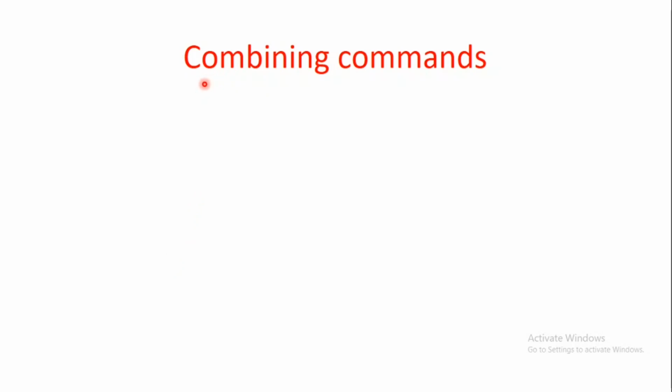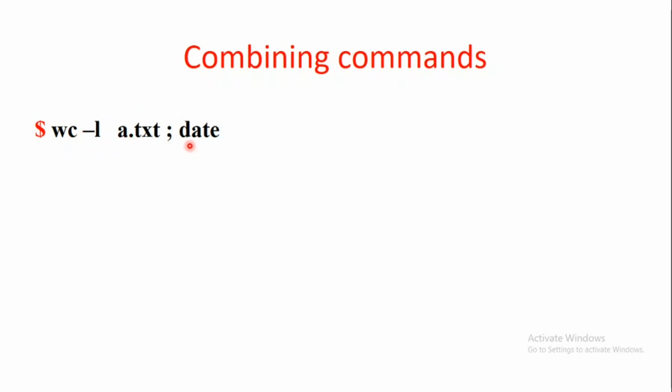Okay, so when I talk about combining commands, I'm talking about writing multiple commands in the same line. This is possible by separating two commands in the same command line with the semicolon. So here we have two commands, the wc with the option hyphen l, and a.txt is passed as a file name. So this calculates the number of lines present in a.txt.